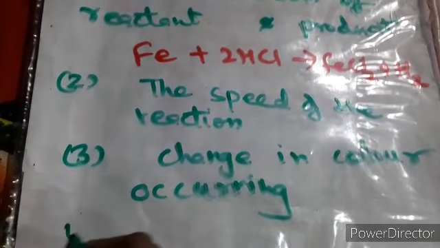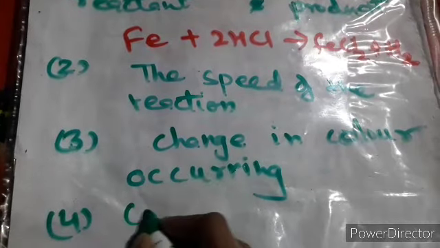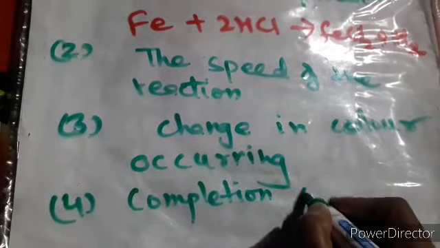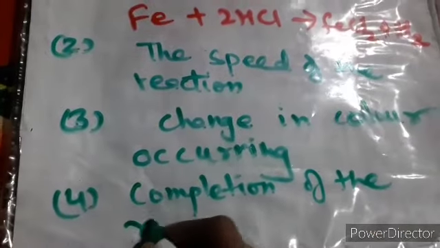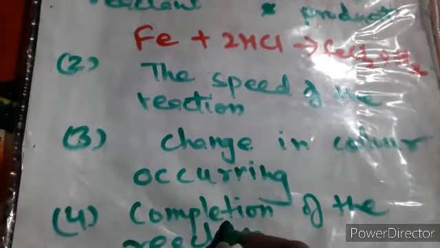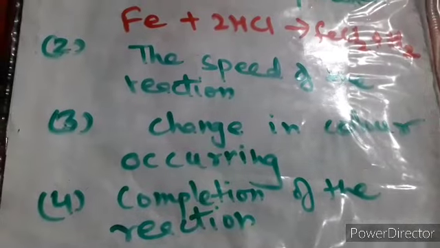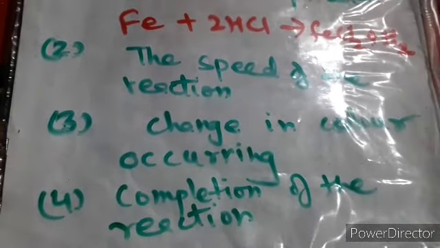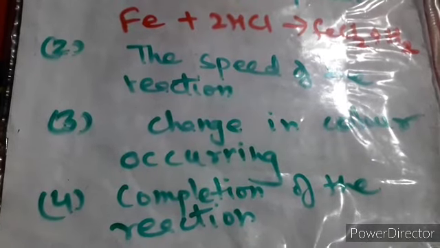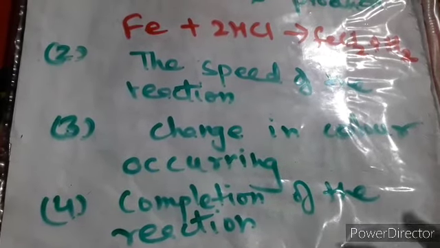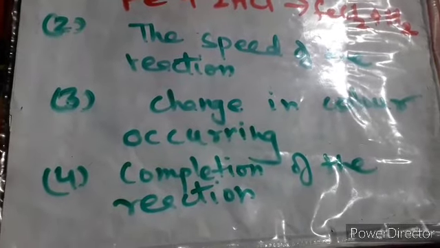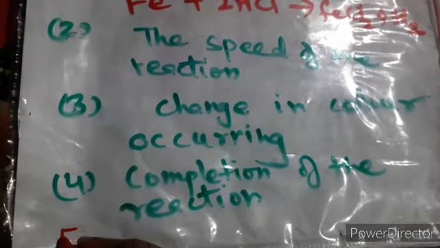The next point is completion of the reaction. Can you tell me, for this particular reaction, what time this reaction was completed by looking at the particular chemical equation? Nobody can tell, because it is not giving you this type of information. Now the last point remaining, that is the fifth point: